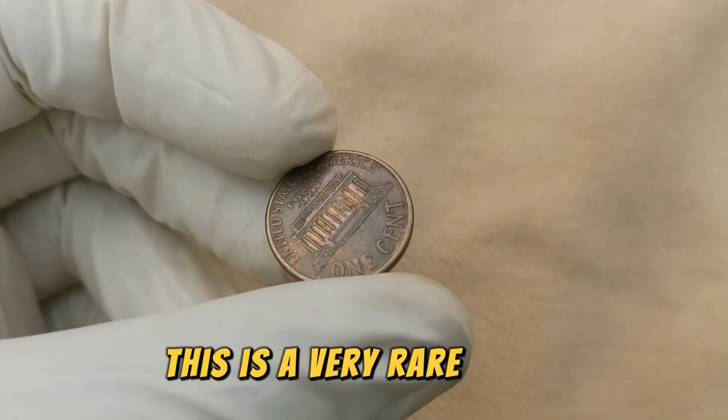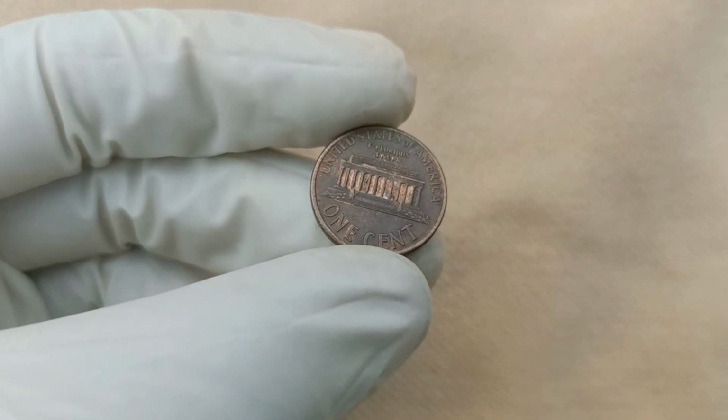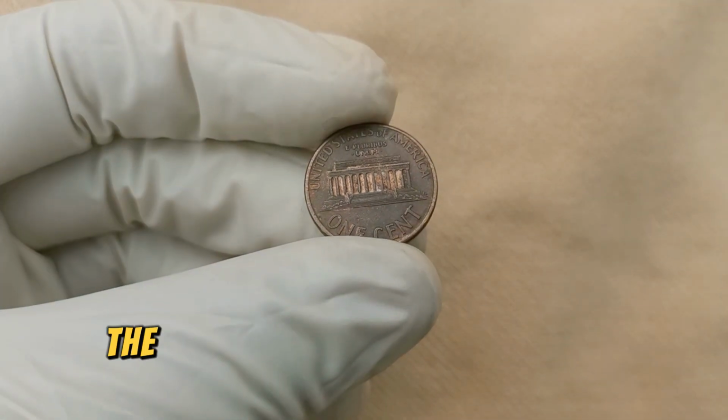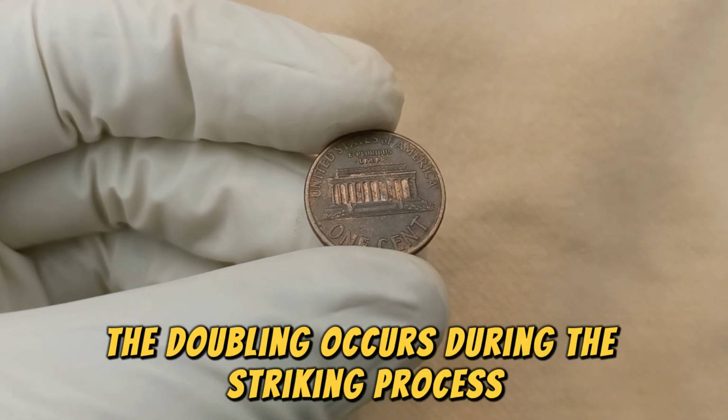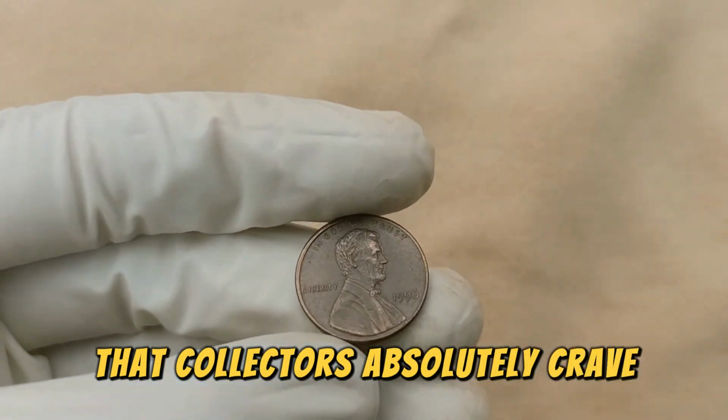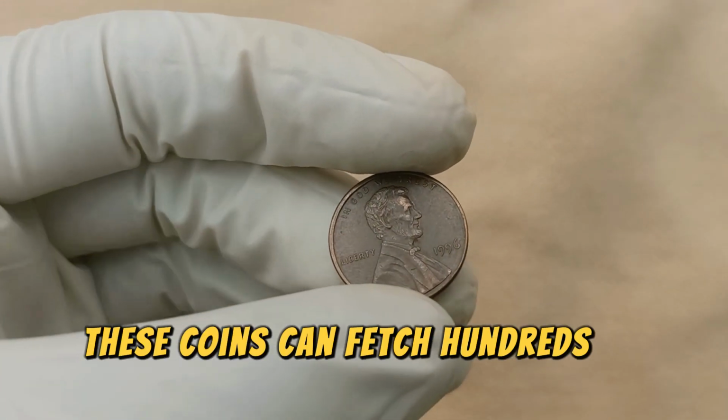This is a very rare error where the image on the obverse, the side with Abraham Lincoln, appears to be doubled. The doubling occurs during the striking process, and it's one of those coins that collectors absolutely crave. These coins can fetch hundreds of dollars,